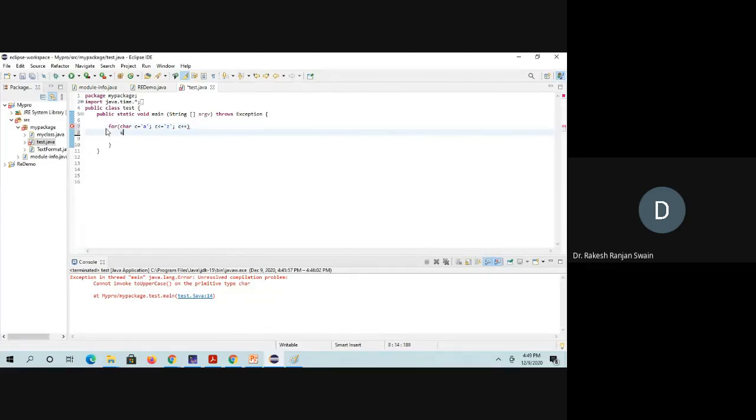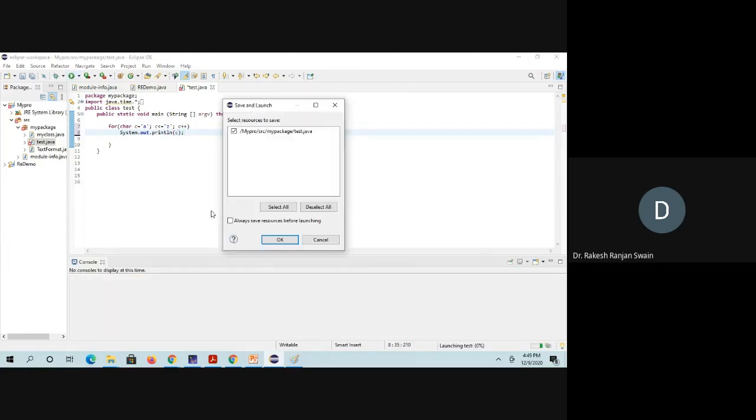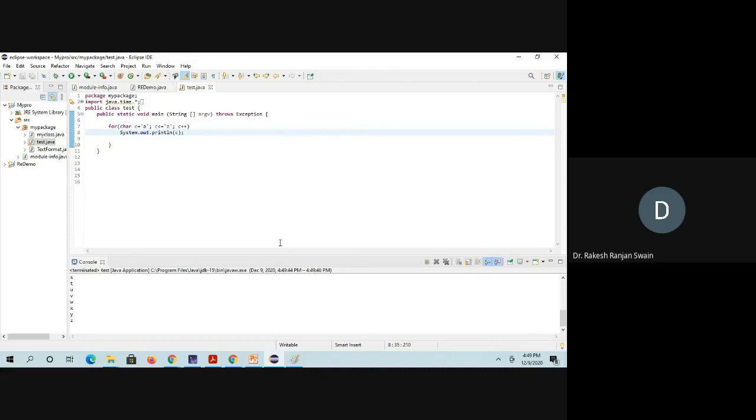Inside this, I just print c. I will print it in the same line, not in a different line, so that you can easily see it.